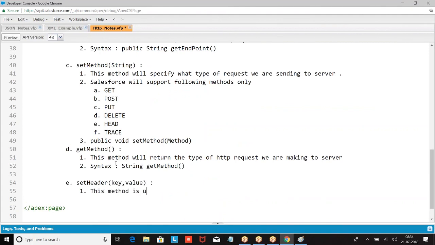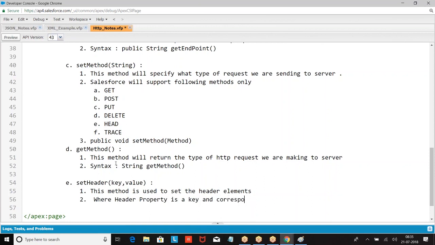This method is used to set the header. Generally, what will be the header elements? In the header, what will be there? Set encoding type. Where property is the key, with the corresponding value. Syntax: public void set